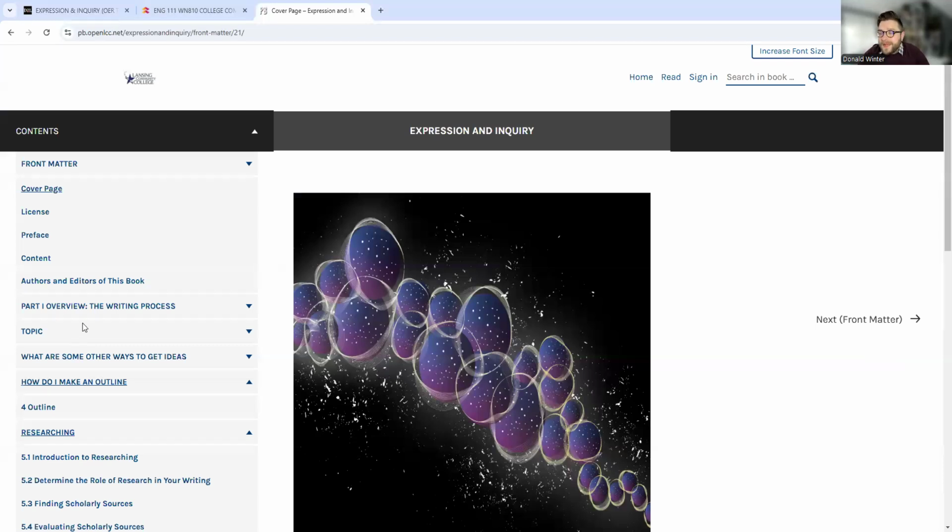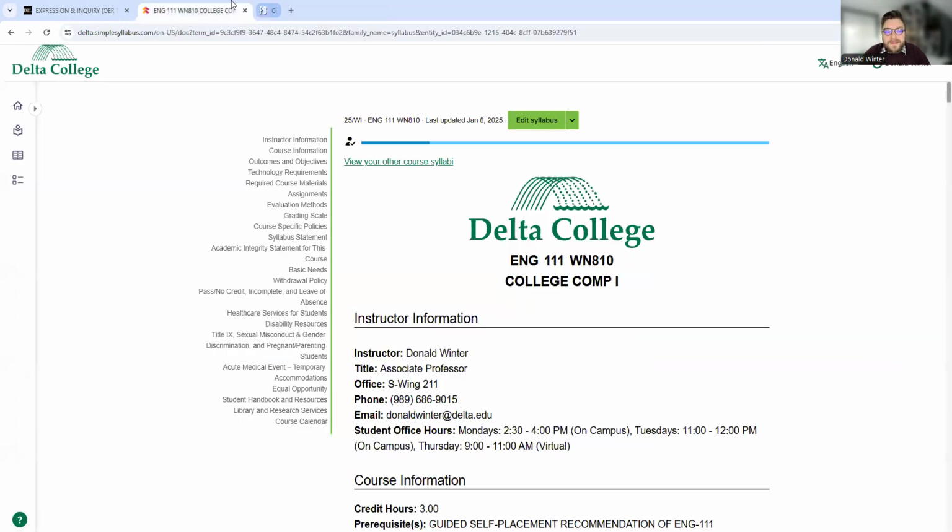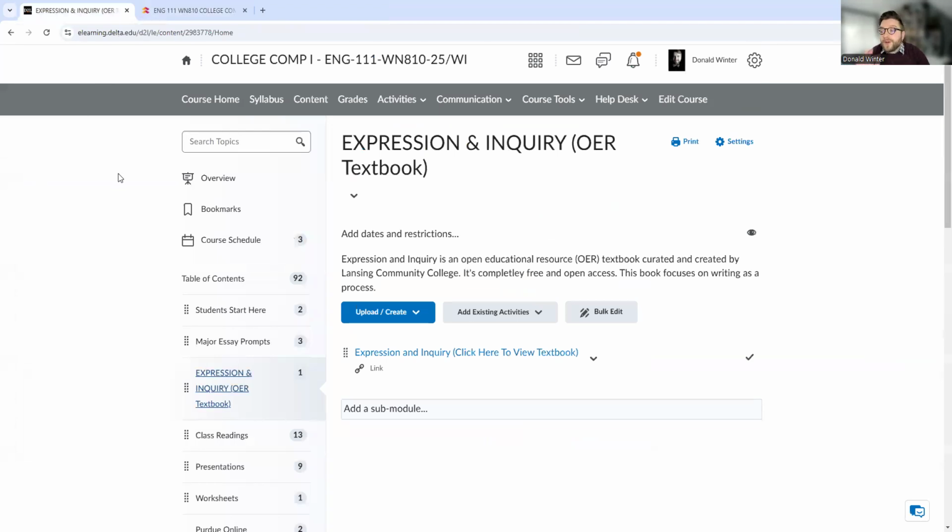I also have a PDF version of this book that I will have linked in on e-learning along with this. And the reason why I provide that PDF is, if you prefer a printed copy, the bookstore will, for a nominal fee, print off a copy or sections of the book that you may want printed. I would recommend just going through and finding the sections in our syllabus that we will be reading and printing those off if you choose to do that.